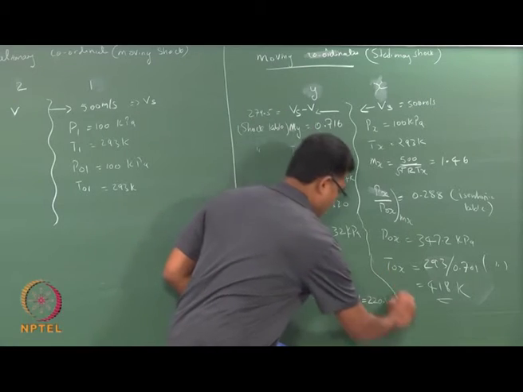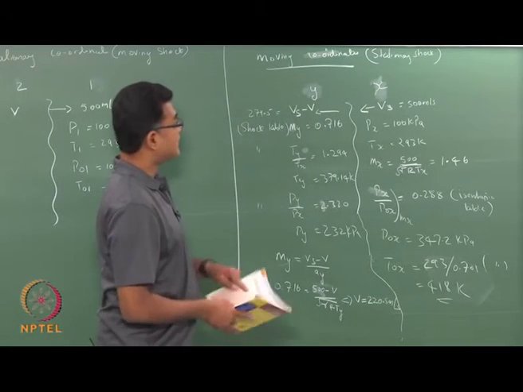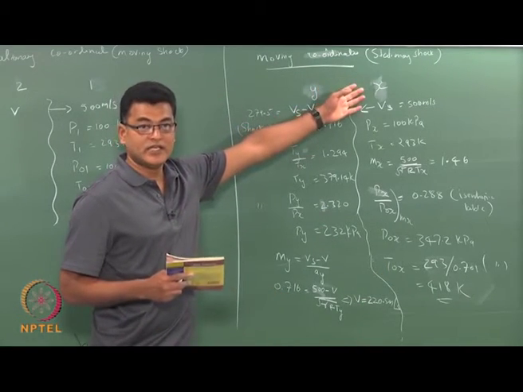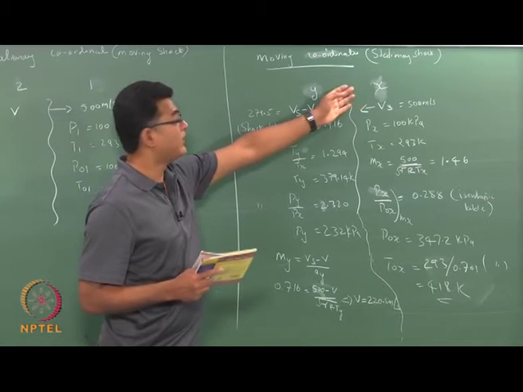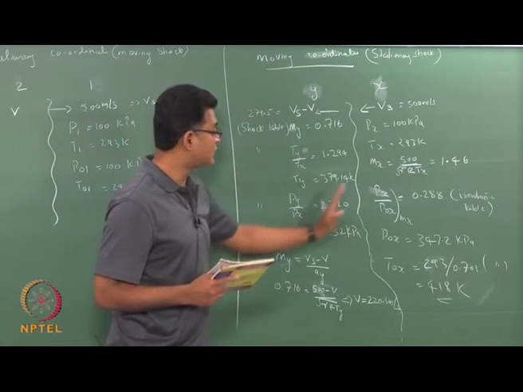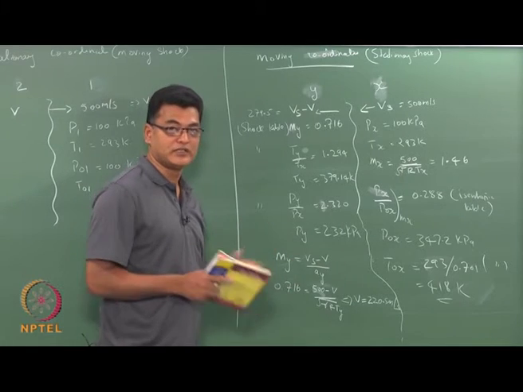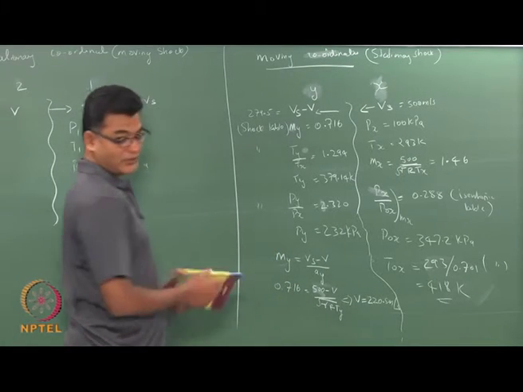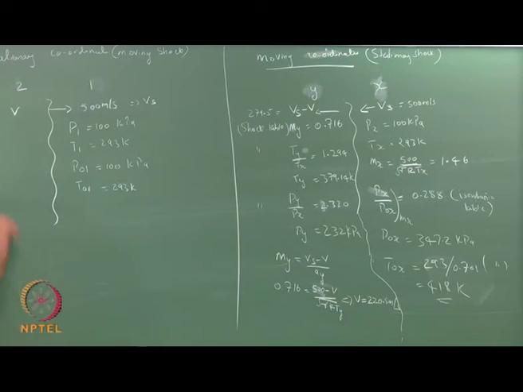Okay. So these are the quantities in the stationary wave coordinates. If I move along with the shock wave, these are the changes I would feel. Okay. Now we have to find what is happening in the moving